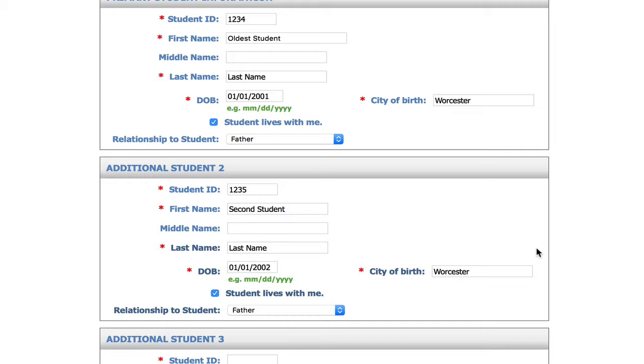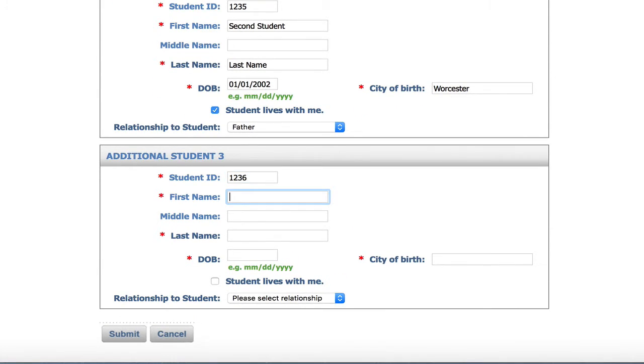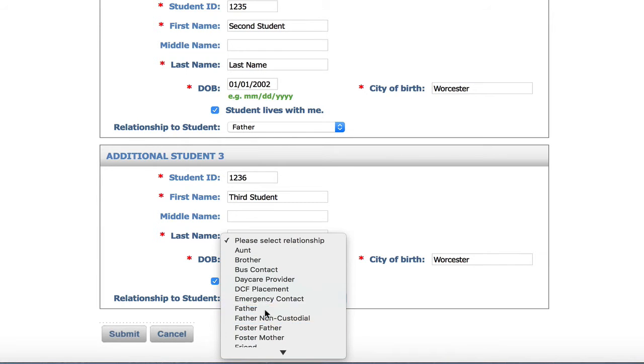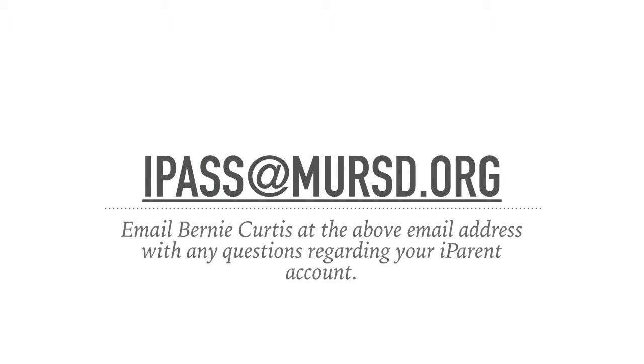But you would do this for all your students. So for all your students at once, you put in their ID number, first name, last name, date of birth, and city of birth. And then you would hit the submit button. After you hit the submit button, it sends me an alert that says you have signed up for an iParent account. And within 24 hours, I will approve that account